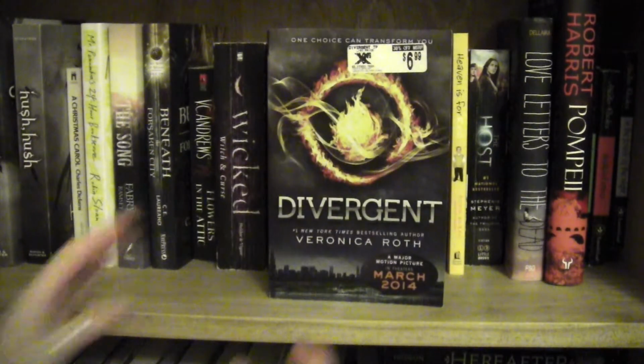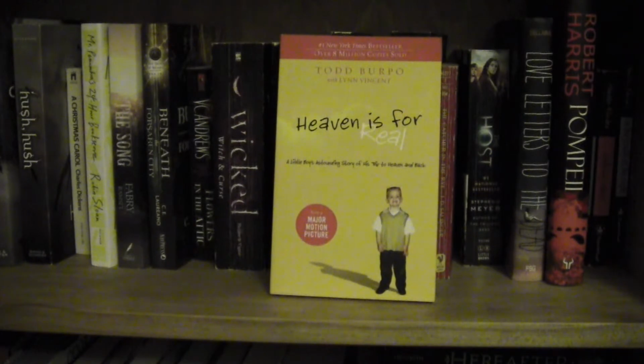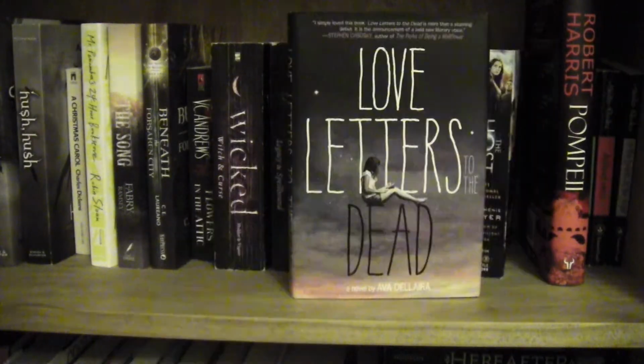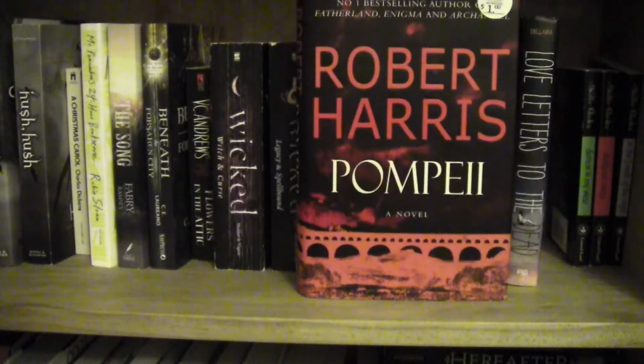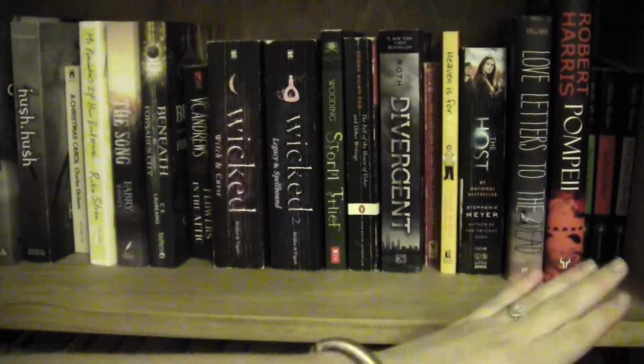Divergent by Veronica Roth. The Catcher in the Rye by J.D. Salinger. Heaven is for Real by Todd Burpo with Lynn Vincent. The Host by Stephenie Meyer. Love Letters to the Dead by Ava Dellaira. Pompeii by Robert Harris. And then these 3 books that are hiding in this corner over here are part of